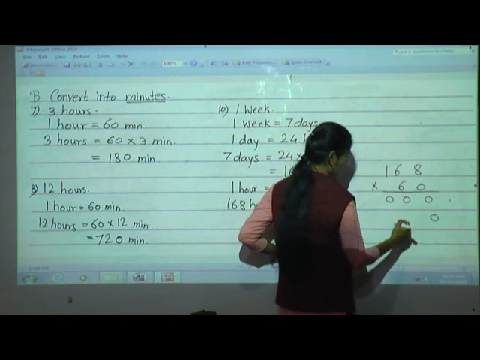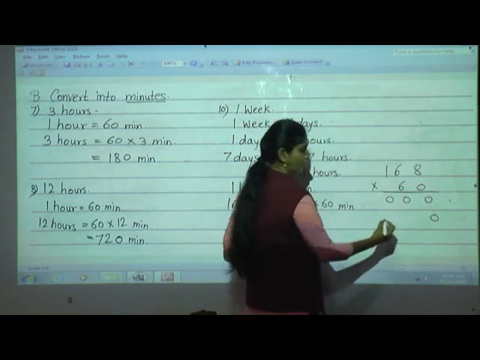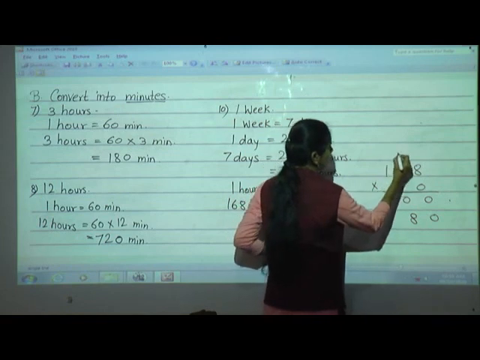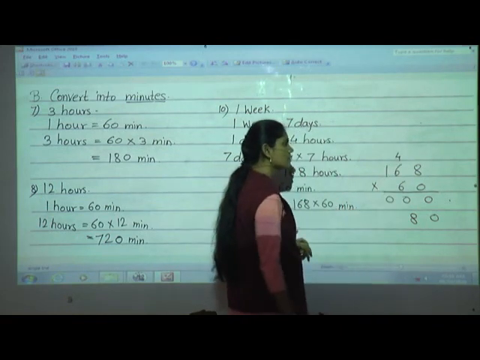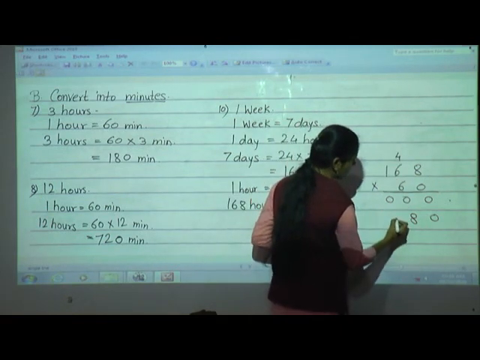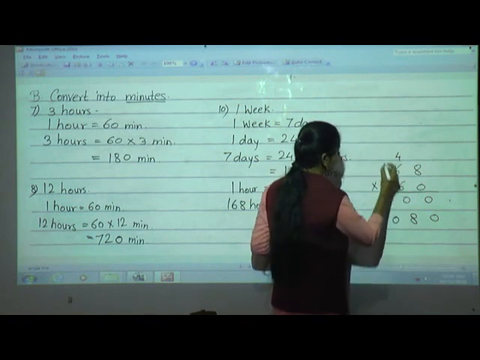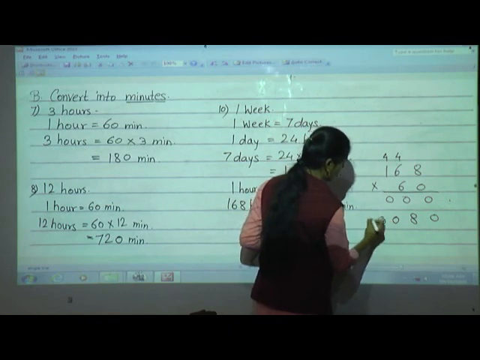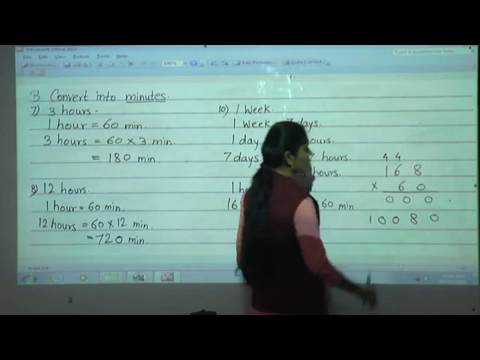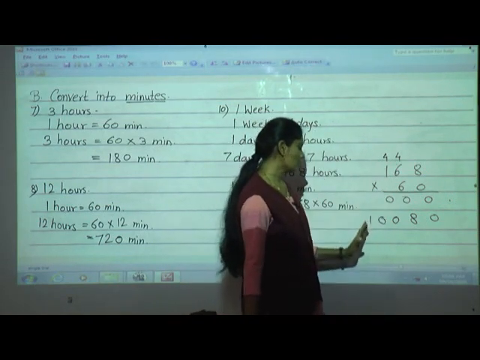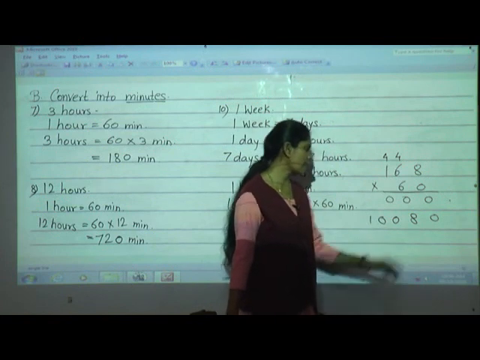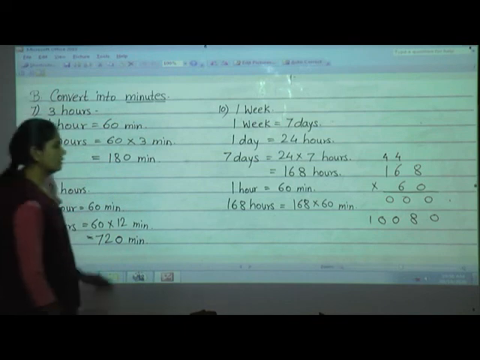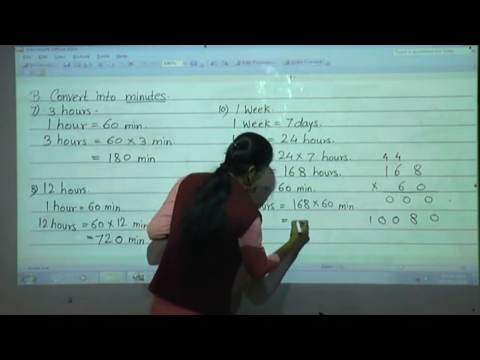Then 6 8s are 48. So here we will write 8 and 4 as a carry. Then 6 6s are 36. 36 plus 4, 40. So here we will write 0 and 4 as a carry. 6 1s are 6 plus 4, 10. Now do the addition. Here only zeros are there, so no need to do the addition here. What is the answer? Yes, 10,080, correct,